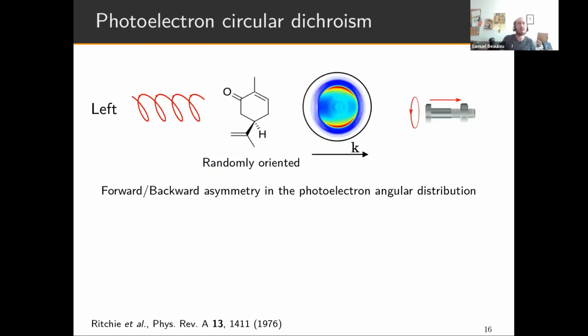And here comes the introduction of the effect that we want to talk about today, photoelectron circular dichroism. In the 70s, it was theoretically predicted that if one used circularly polarized radiation with a photon energy larger than the IP, the ionization potential of the molecule, one can eject electrons through the photoelectric effect, and the angular distribution of the outgoing photoelectrons emitted from an ensemble of randomly oriented chiral molecules will be forward-backward asymmetric,